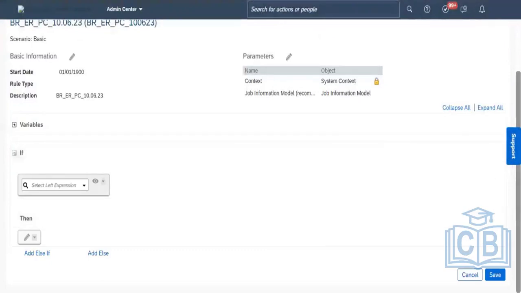Now when you enter the screen, as I discussed, we can first see the scenario which we have taken as basic information, and here you can see the parameter. First of all, I have taken job information as the basic one. Now you may have a requirement where you want to connect the fields which are in different portlets. That we call